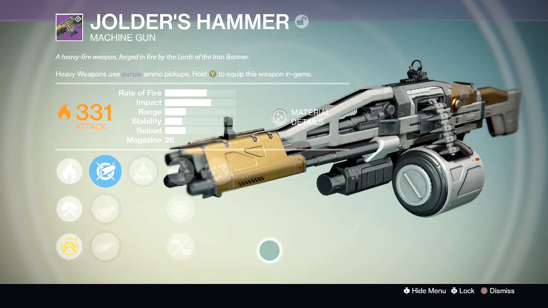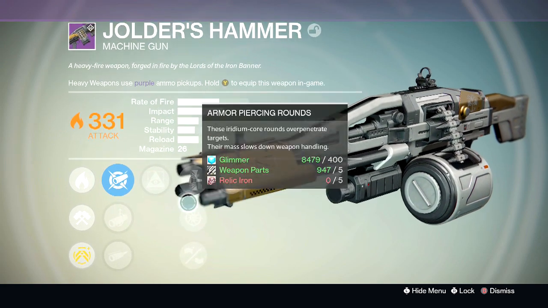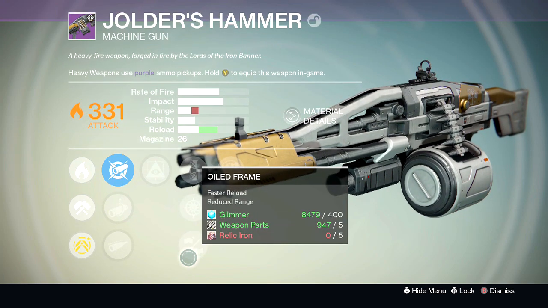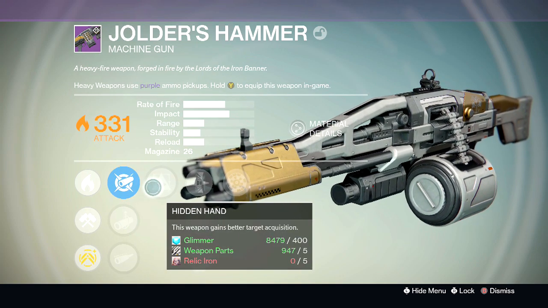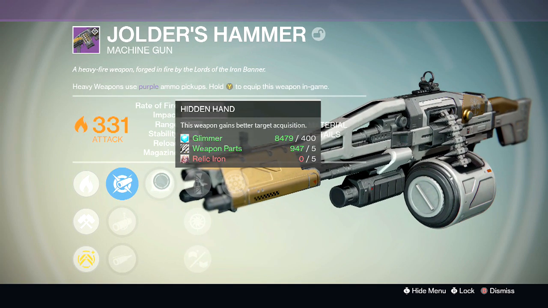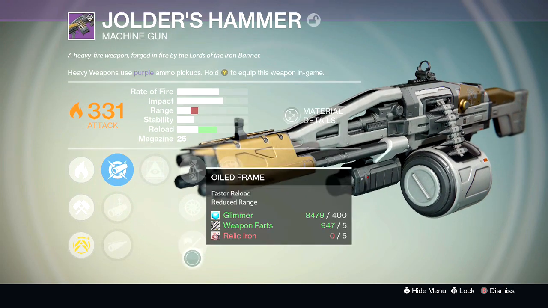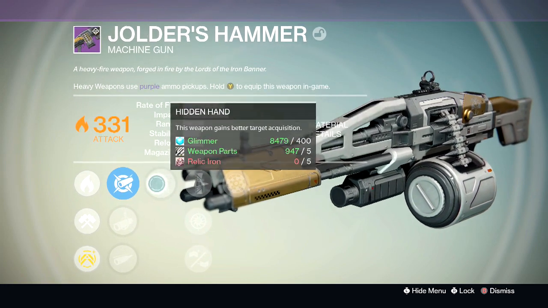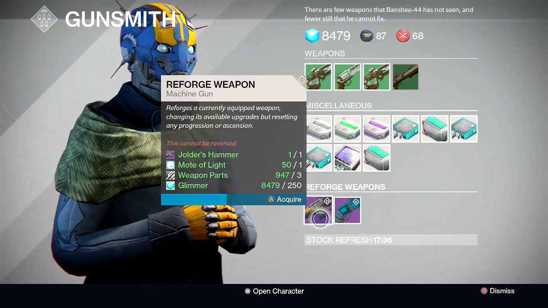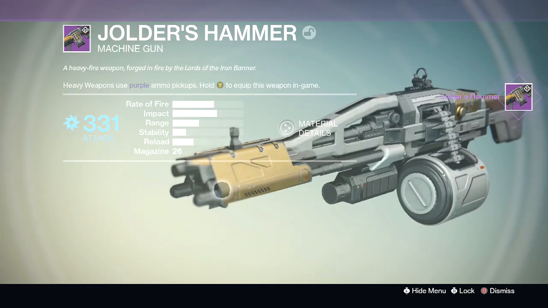But I feel like I want the other one. Like I want to get a different one, but this is so good. I've got armor piercing, although it's not heavy. I've got oiled frame for faster reload. I've got the aggressive ballistics, which I wanted. I've got hidden hand for better target acquisition, so that my aimer will kind of be on people more. The stability is really crappy though, so it's gonna hit like a tank. But I don't think it's good enough. I think I need to keep going. I was really torn on that roll. I felt like that was a really good roll, but I really need some kind of...